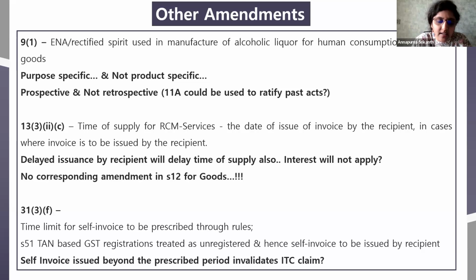So this will only give room to levy a penalty for a violation. That's all, no? Interest and penalty will be from the date of the time of supply. Interest we refer to the date of 13.3. Exactly. ITC is from the date of the invoice, no? Those positions are not altered.